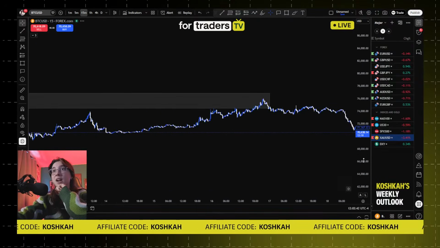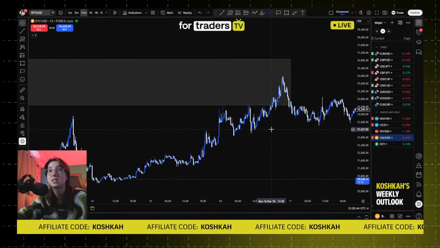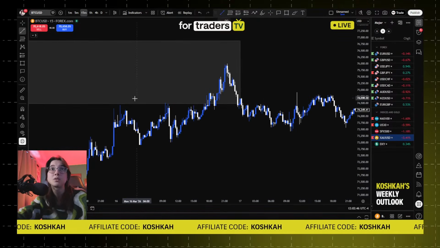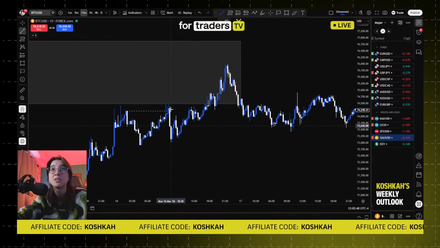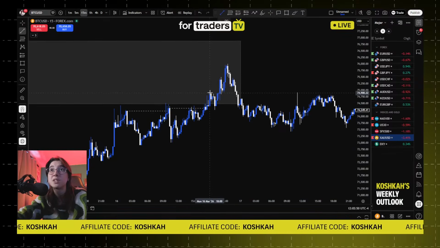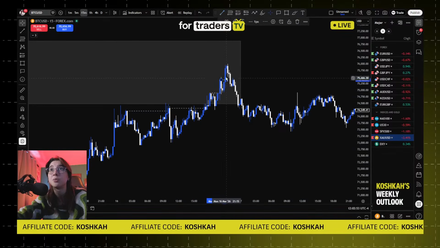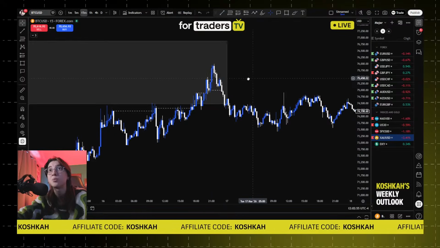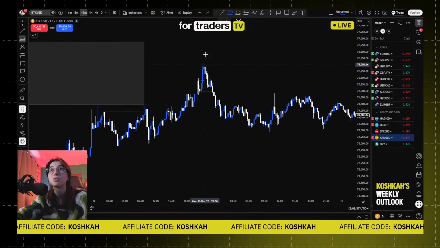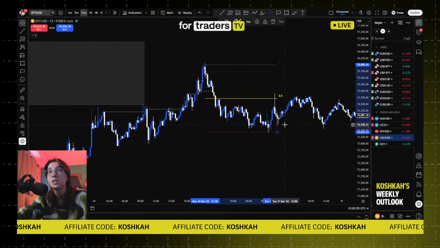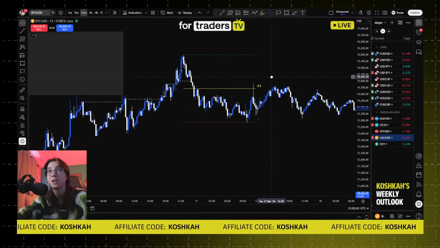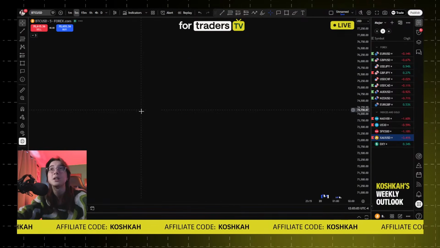I don't know if we had already any trade from this point. So we got our break of structure to the upside, then another break to the upside, then another break to the upside, then another break to the upside, and then here this is the break to the downside. So the entry, if we had an entry, it would have been in this area,